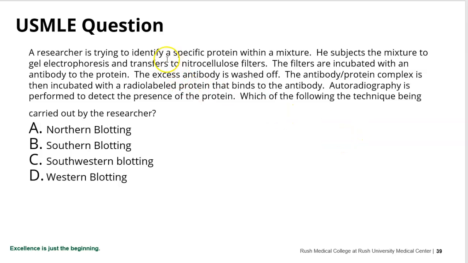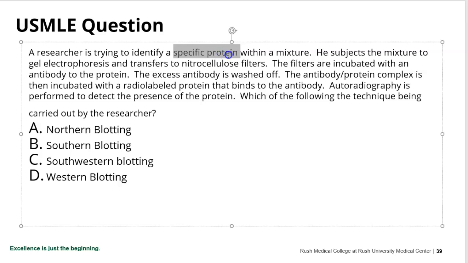So, he's trying to identify a protein in the mixture, and he transfers it, and he incubates it, and he uses an antibody with a protein to figure out where it is. So we're talking about protein, so this is a Western blot. A Southwestern blot would be if he separated the protein and used DNA against it. I swear to God, I've never even heard of Southwestern blotting until I was reading some of these USMLE questions. I had to actually look it up. Anyway, so this is Western blotting. And that concludes this